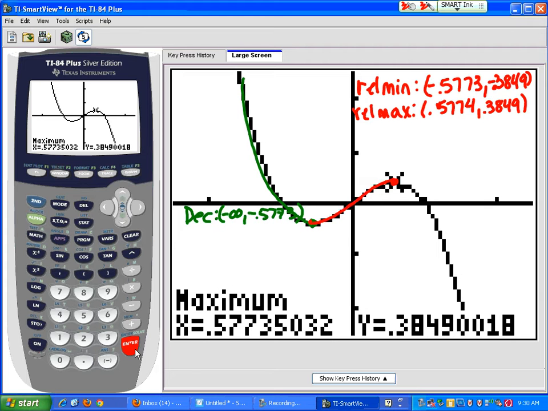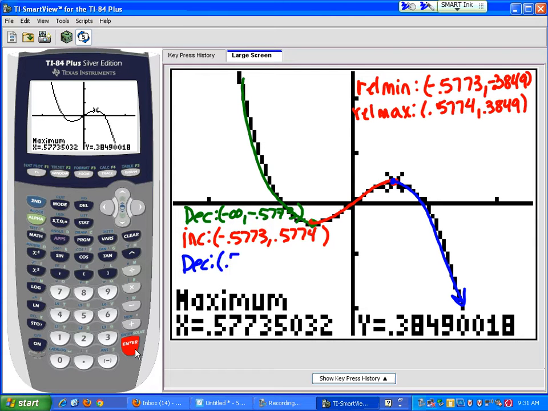So as I'm moving from left to right, I know my y values are increasing. So then the next part we're going to say is that we're increasing from this x value, which we said was negative 0.5773, to this x value, which is our relative maximum x value, 0.5774. And then for the last part, from our maximum going this way on my graph, what's happening? We are decreasing. So then we are decreasing on the interval from my x value, which is of my maximum,